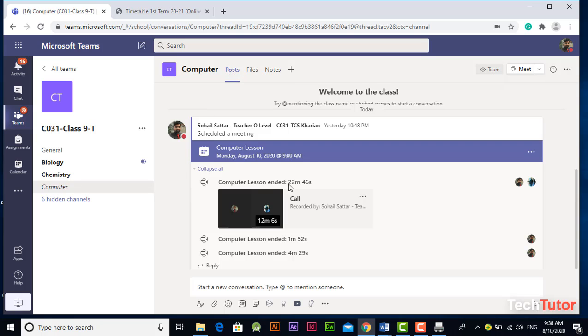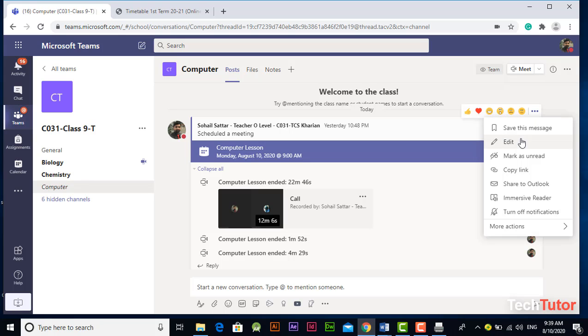This is the post section here, as you can see, and go to the post that you want to share to other channels also, the same post, and just hover your mouse over the post that you want to share. For example, here as you can see, when I hover my mouse over this particular post, this more options button or option would be visible to you.